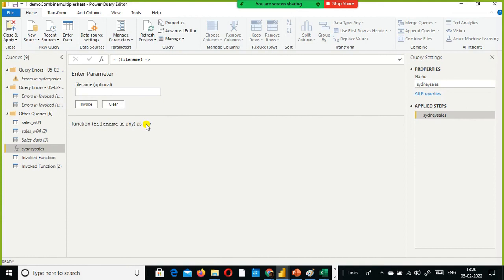Now I converted all the data transformation into a function. With this, we have gone one step further. Here, instead of saying D: Sydney sales, I can specify another folder name. Let's say in Australia, Queensland, I think Queensland is there, right? Let's say I am doing business there. There is a separate folder for Queensland, there is a separate folder for Sydney. Likewise, multiple locations, multiple separate folders are there.